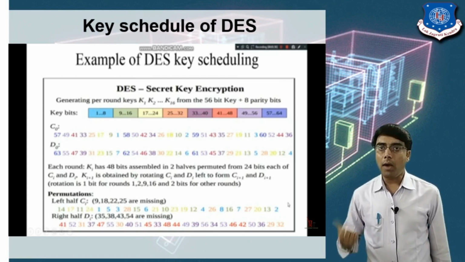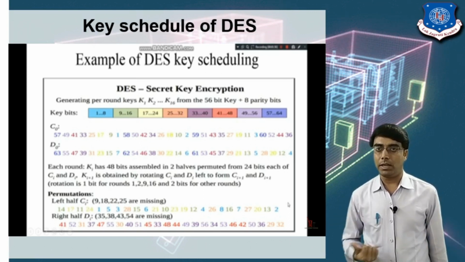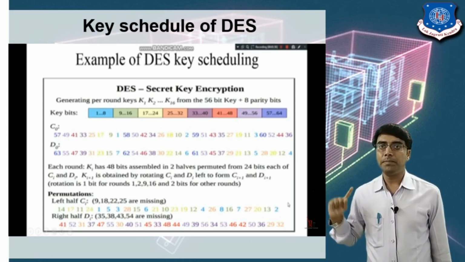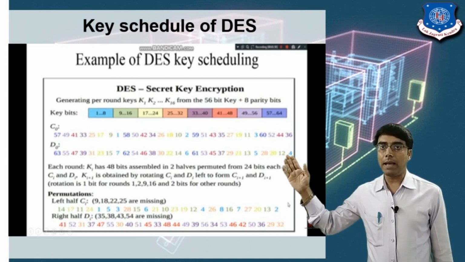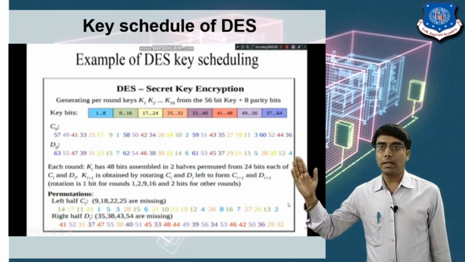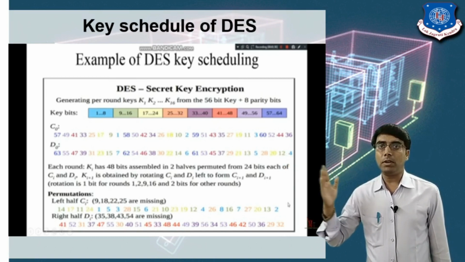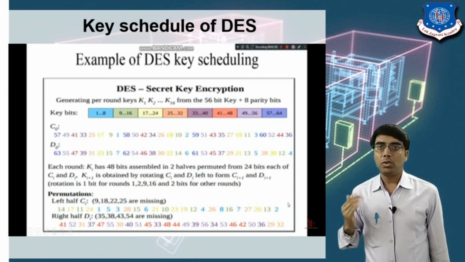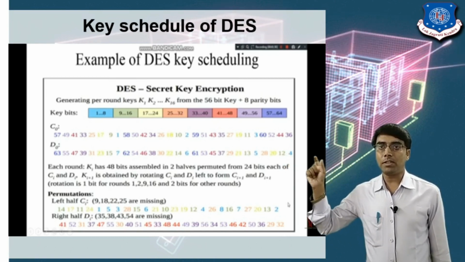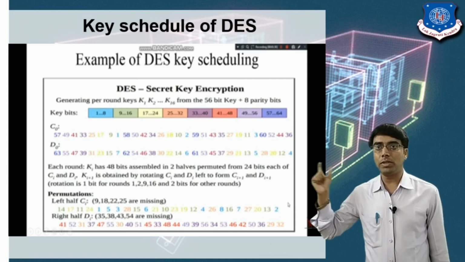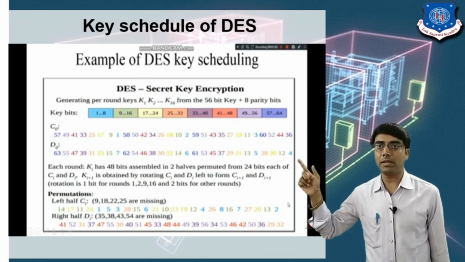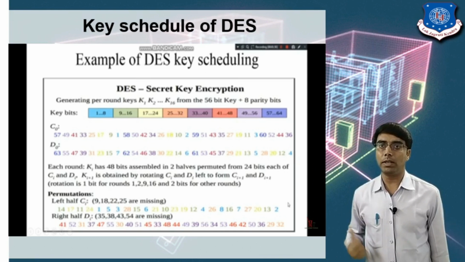So now how will this table be generated? Here you can see the last key block, bits 57 to 64. The first bit in 57 to 64 is 57, so we will put 57 over here.